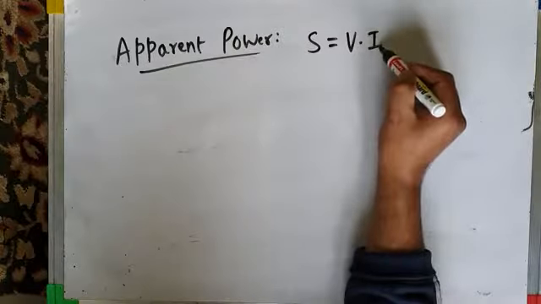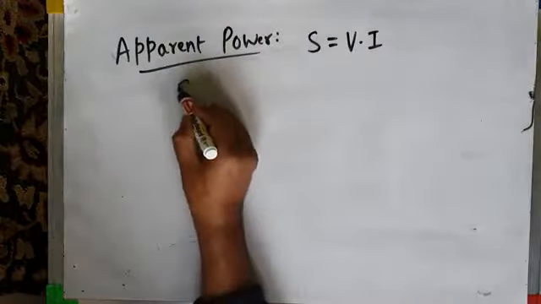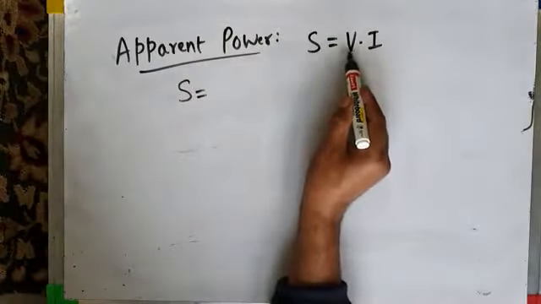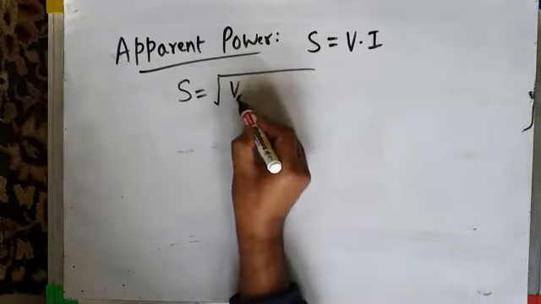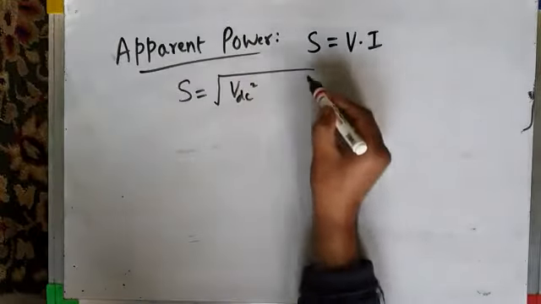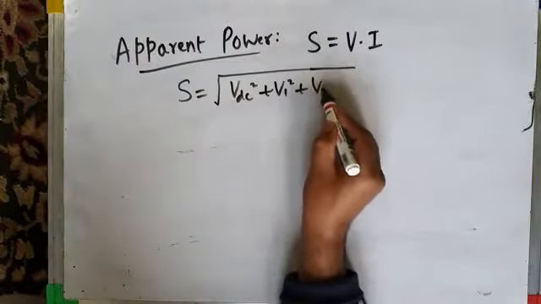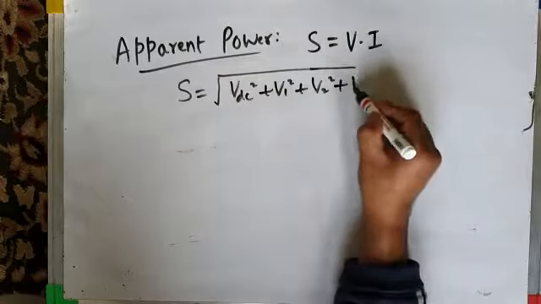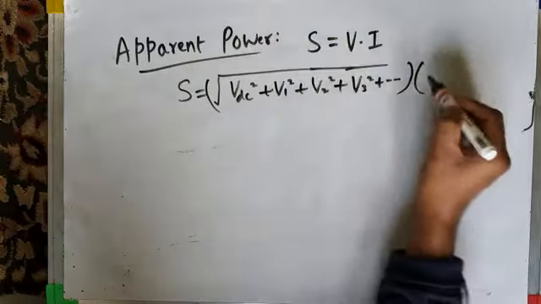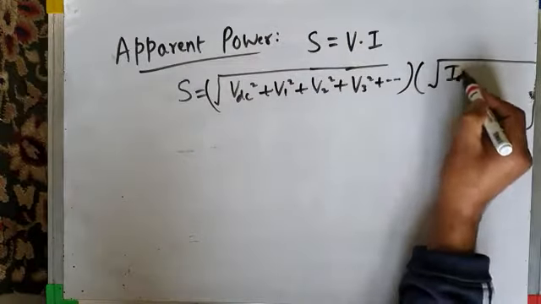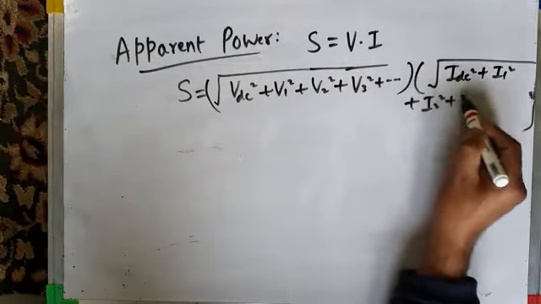And this is the RMS value of current, which comprises the fundamental component and harmonic components. So we can also write S equal to V, the RMS value of voltage. The RMS value of voltage is given as VDC square, if we assume that there is a DC offset in the voltage, plus the fundamental component of voltage square, plus V2 square, harmonic components now, plus V3 square, plus so on, multiplied by current. Similarly, current will have a DC offset, IDC square, plus I1 square, plus I2 square, plus I3 square,